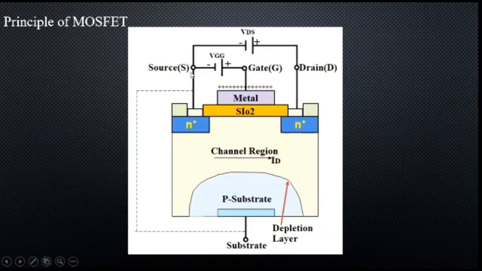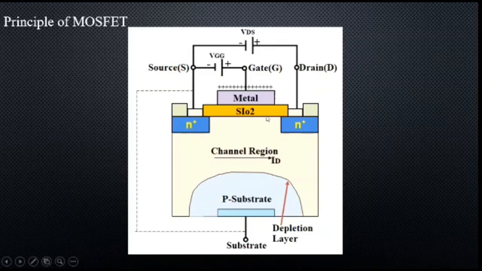Here the PN junction at the drain is reverse biased and the PN junction at the source is forward biased. At this stage there will not be any current flow between the drain and source. If we apply a positive VGG to the gate terminal, due to electrostatic attraction, the minority charge carriers in the P substrate will start to accumulate on the gate contact, which forms a conductive bridge between the two N+ regions.